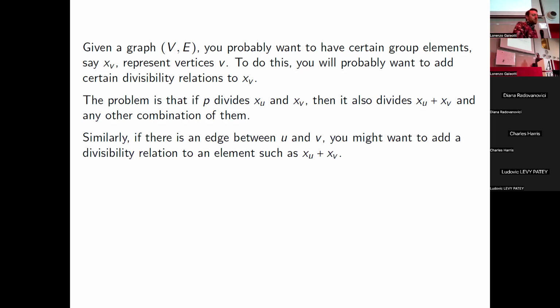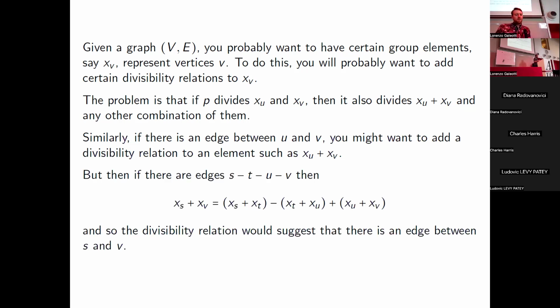The other thing you might want to do is, if there's an edge between two things, say between U and V, you might take XU and XV and form something out of them, like adding them together. And you might say, I want to add some kind of divisibility to this. Maybe I used 2 already there. Now I'm going to make this divisible by 3 infinitely many times. But then you have this problem that you can form new things out of this